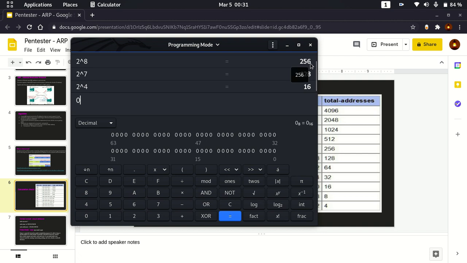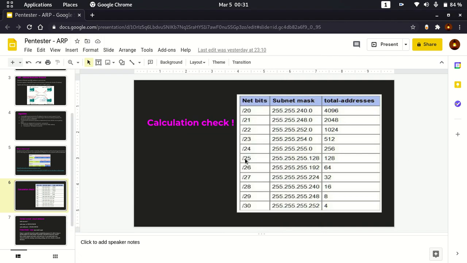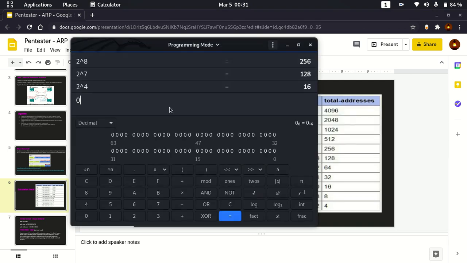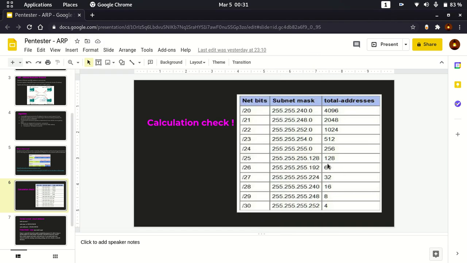For example, we will take some other example. Let's say we will take 128. Now if I type 128, you can see in the last 8 bits only 7 bits are available to you, and that too in a specific place. For example, 2 power 0, 2 power 1 and so on. So we have only 7 bits available. So 2 power 7 is 128. So we can create only 128 addresses for the devices inside the same network. So this way, by seeing the subnet mask, we can identify what is the network part and what is the host part. By seeing the value inside the host part, for example 0 or 128 in our case, we can identify how many addresses we can make.